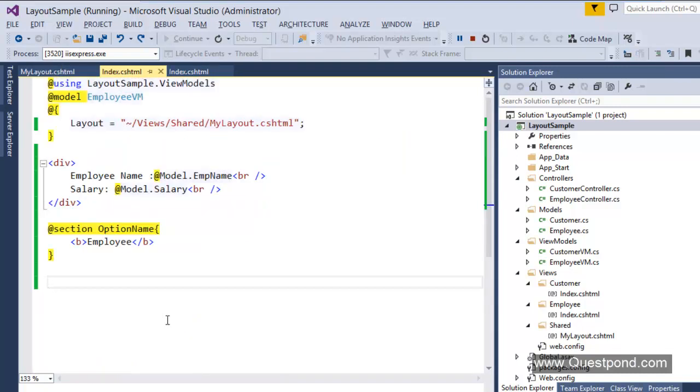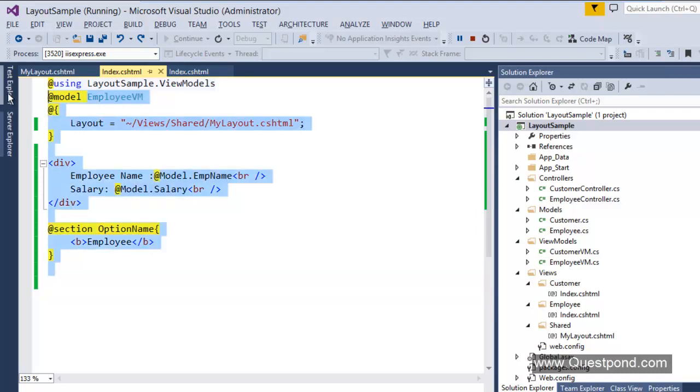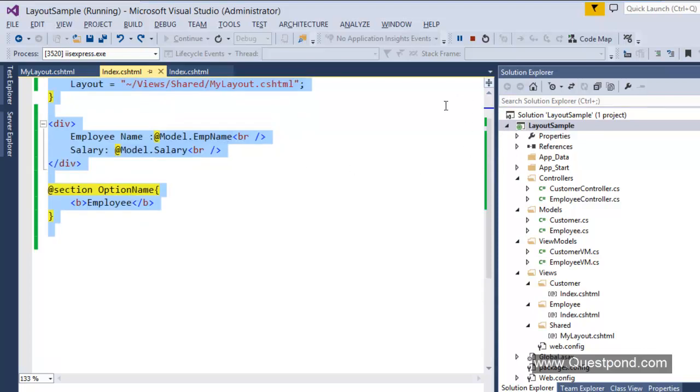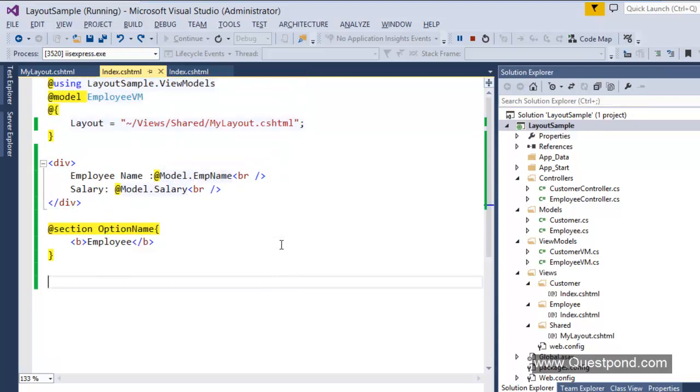Now before we go and talk more about layout pages, first let me discuss one simple best practice. In real-time projects, we will not have such a small HTML. We always have a very big HTML with a very little scroll bar, right? And in that situation, when we press Ctrl S or something like that, we actually may miss some S like this. Can you see this S?